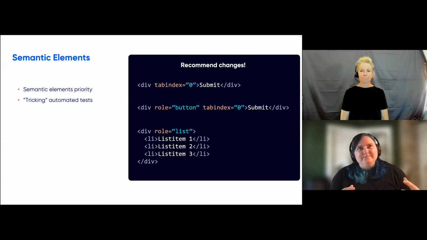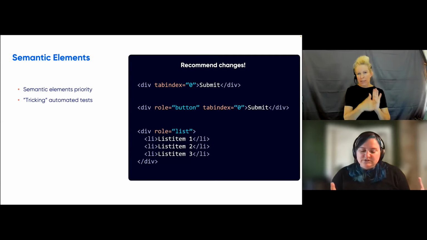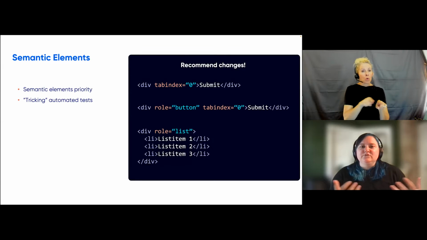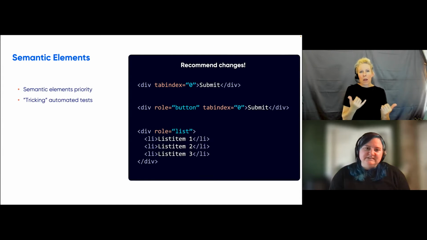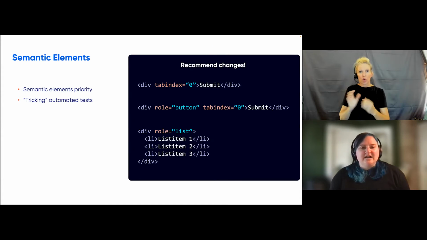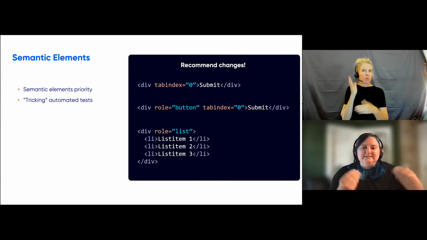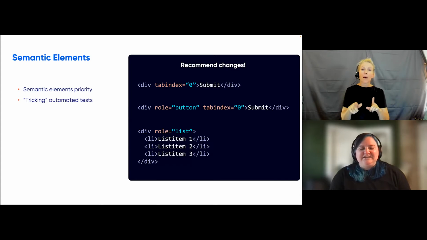So I'm not going to go too deeply into automated checks that you can build into your pipeline or use in your browser extensions, things of that nature. I feel like that's a talk on its own. But there are ways of tricking automated tests. As coming from a company that creates a tool for automated tests, I can tell you you can trick it very easily. So we want to catch those things before they get out, because they will not be a good user experience for anybody.